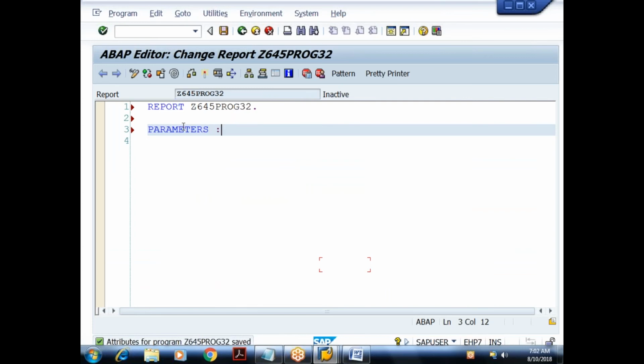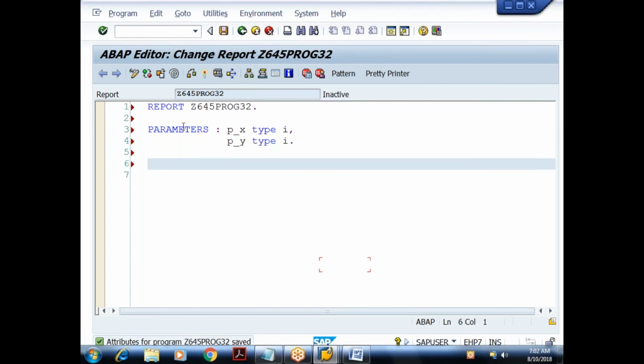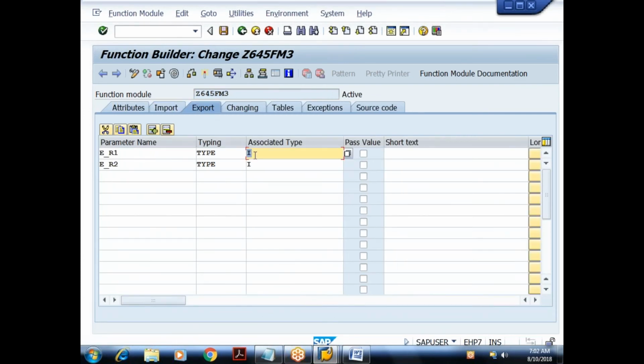So since you have to export two values when you're calling, let me read it from the user. So parameters p_x type i, and I'll take another parameter p_y type i. Understood? So I took two parameters of type integer. Done. And what else? This function module is going to export two parameters of type integer. Export parameters are always optional. If we are interested, we can import, otherwise we can ignore.